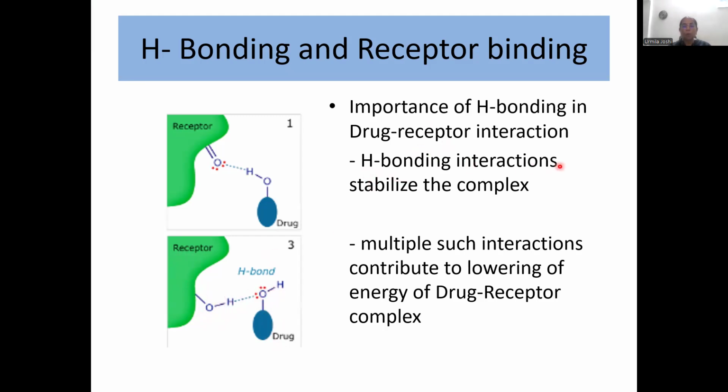Formation of a hydrogen bond stabilizes the complex because bond formation lowers the energy. And multiple such interactions can occur between the drug and the receptor. So, hydrogen bond formation is a major contribution to lowering of the energy of the drug receptor complex. Okay, so with this, we end the lecture on drug receptor, hydrogen bonding and its role